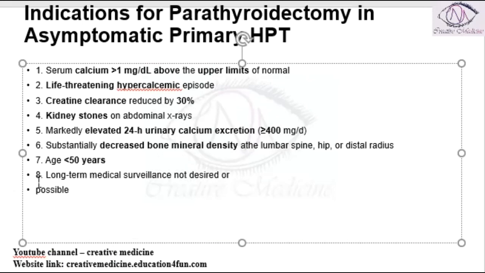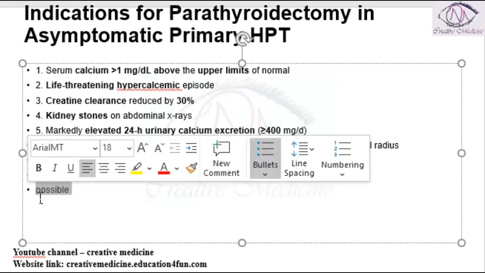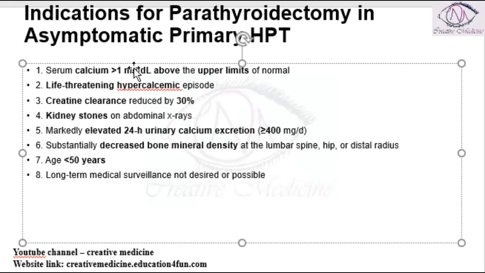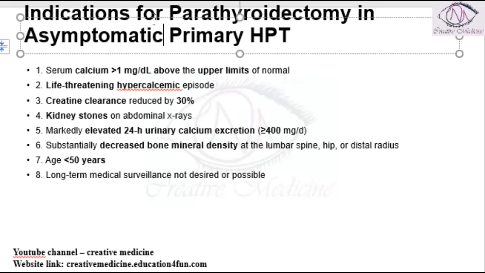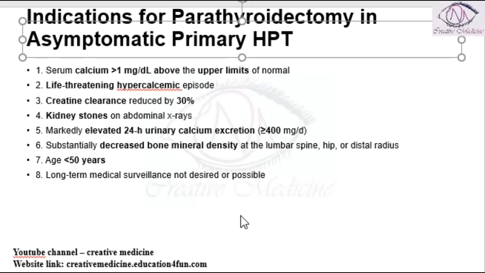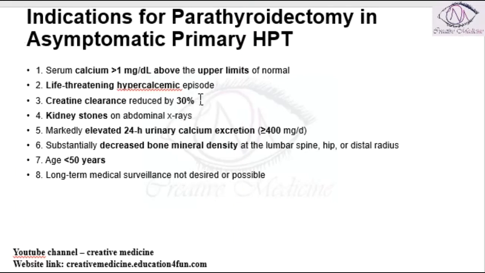Number 1, when the serum calcium level is more than 1 milligram per deciliter above the upper limit of normal, that is hypercalcemia, obviously we should do surgery to make sure that the calcium levels are normal. Then if the patient has life threatening hypercalcemic episodes, then we should do a parathyroidectomy. If the creatinine clearance is reduced by 30%, or if kidney stones are seen on abdominal x-ray,